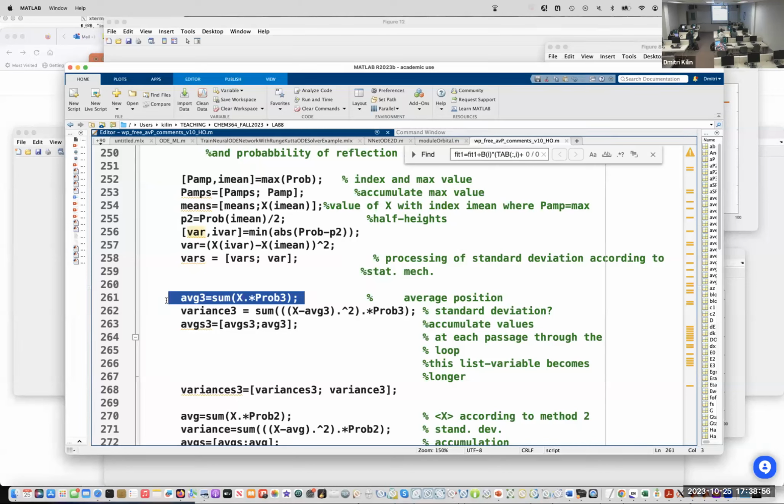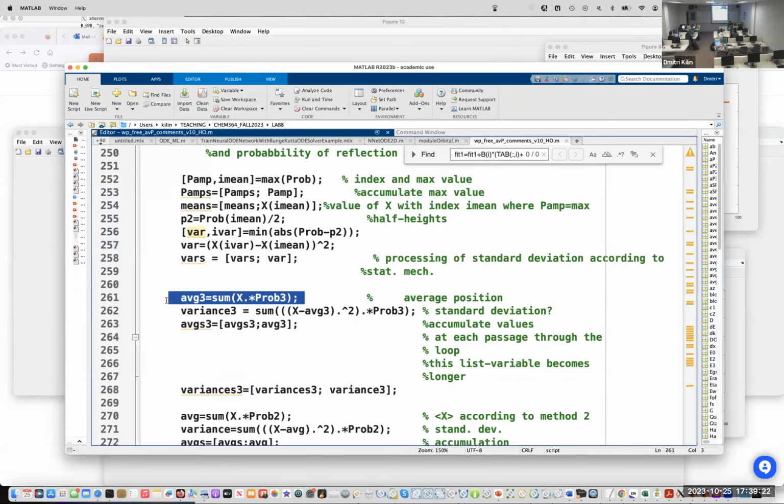Now, we do need many numbers. We need a trajectory, how the center of the wave packet evolves over time. So we do this: averages, many of them is what it was before, and we increase the length of the array by one.